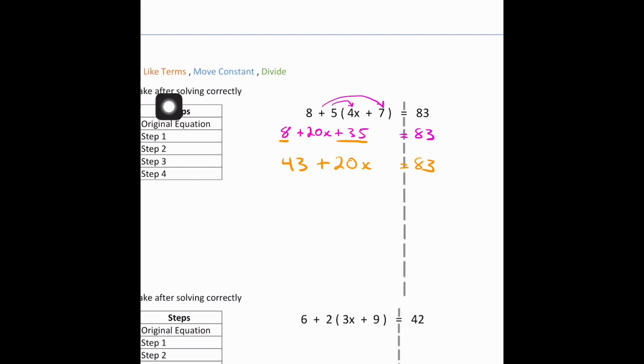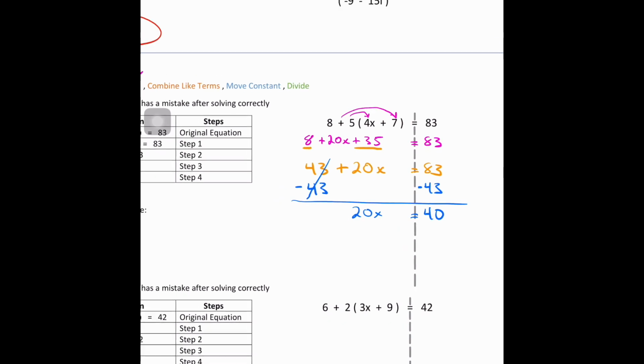All right, and because that constant is a positive 43, we will subtract 43. And what we do to one side, yes, again, we do to the other. Great work. 43 minus 43, get rid of. Bring down your 20x. Bring down your equal symbol. And 83 minus 43 is 40. So now we have